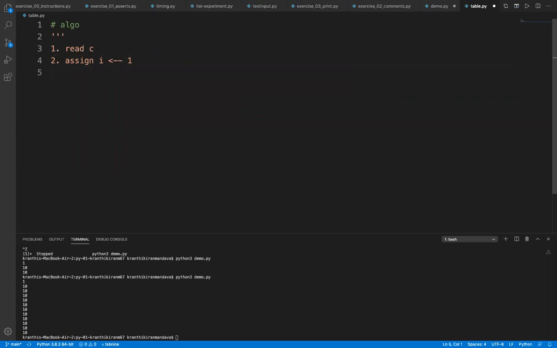The third step is loop. The fourth step, after assigning it with 1, is to check if I is less than or equal to 10. This is my idea, because I want to see the range between 1 and 10. So check if I is less than or equal to 10.